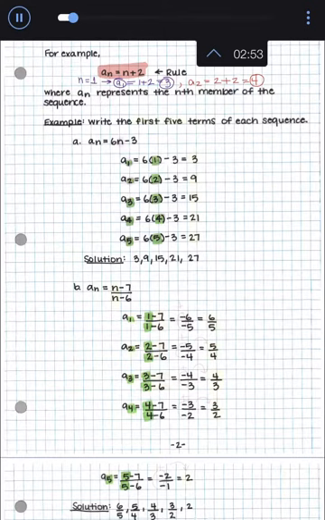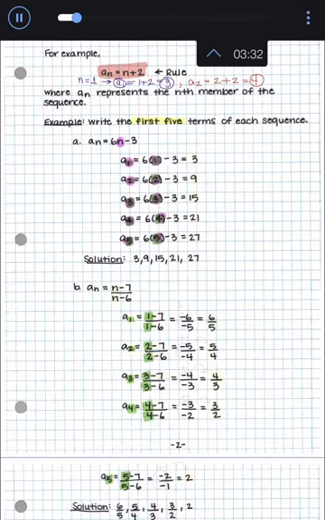So, continuing along, they can give you an equation like this, a sub n, for this first example, a sub n equals 6n minus 3. And we can find the first 5 terms of the sequence by looking at n equals 1, n equals 2, n equals 3, n equals 4, and n equals 5. So we'd plug in 1, 2, 3, 4, and 5 for our n's, and we get 6 times whatever number it is,